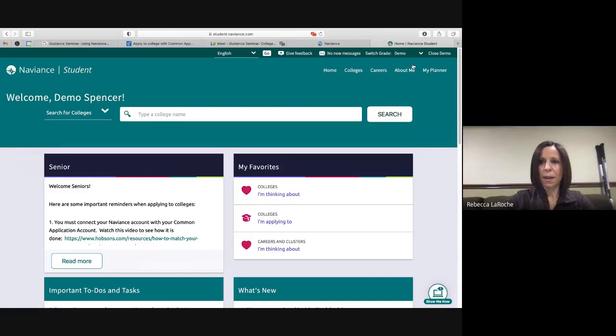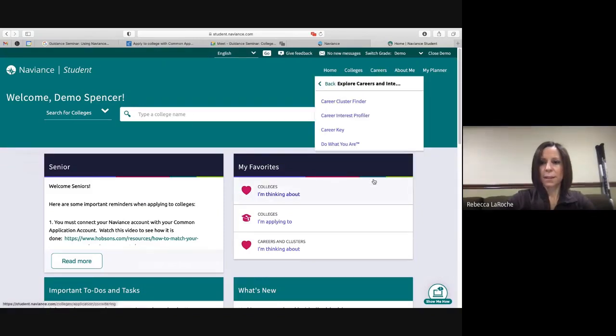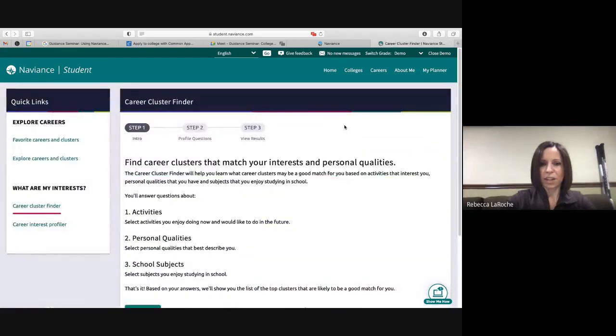Okay. All right. So, careers and interests, Career Cluster Finder. This is a way that they'll help match career clusters based on your interests and your personal qualities. In this inventory or quiz, it's nothing that's graded. There's no right or wrong answers, but you're asked a series of questions having to do with activities you enjoy